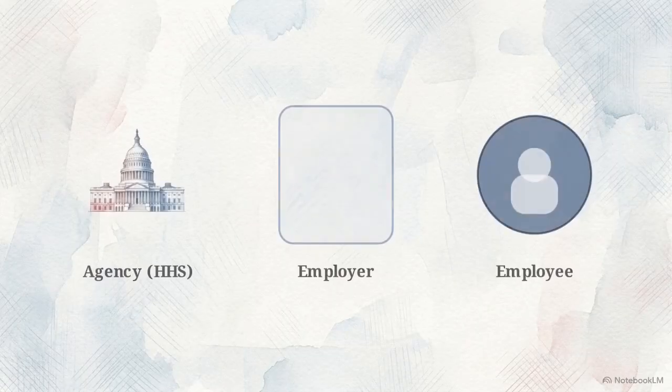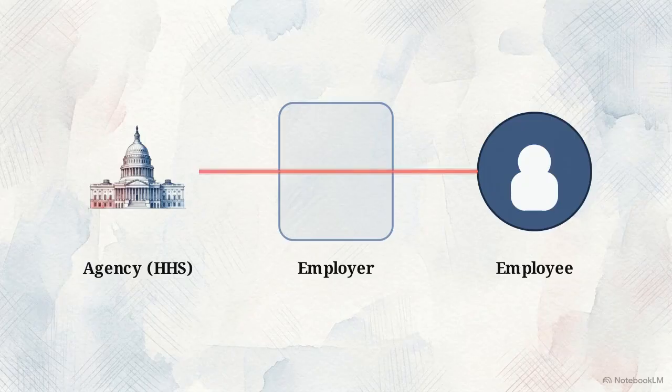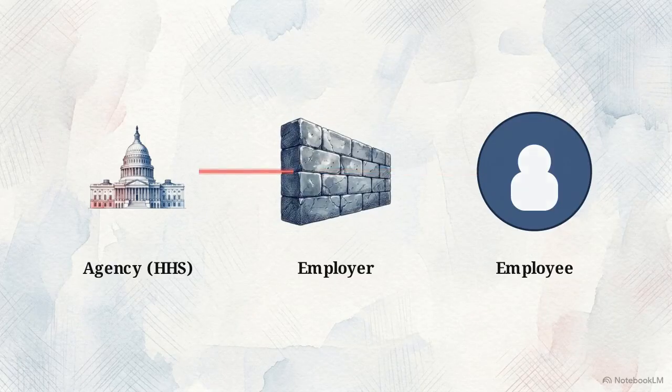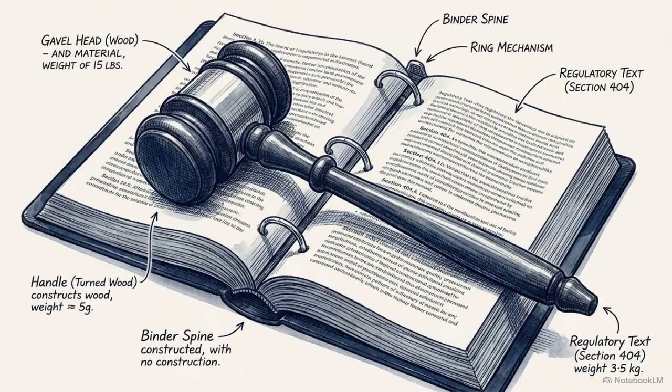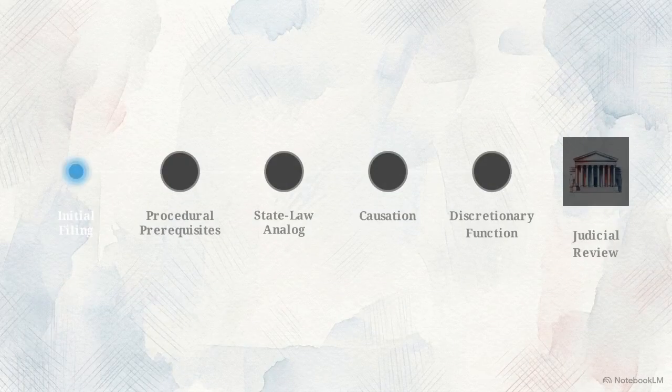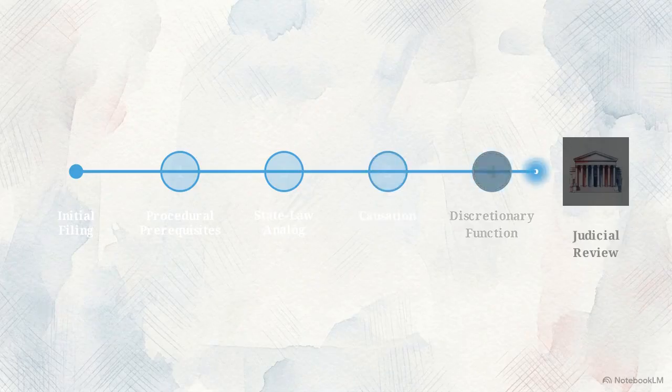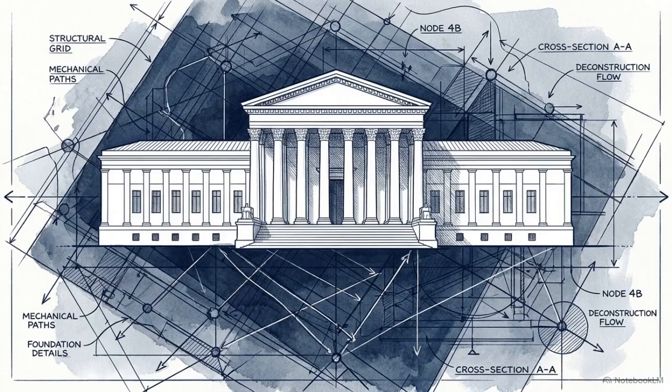The end of the complaint includes a section identifying critical risks to the litigation. The success of the case depends on whether the court accepts the conduit theory. If the employer is found to have acted with independent discretion, the chain of causation is broken. Additionally, the case survives only if a judge interprets 45 CFR Part 46 as a mandatory duty rather than a broad policy guideline. If those arguments hold, the plaintiff's logic integrates each node, connecting the initial administrative grievance to a triable lawsuit. The Bennett complaint serves as a blueprint for the technical process of holding federal administrative agencies civilly liable for the consequences of their policy guidance.